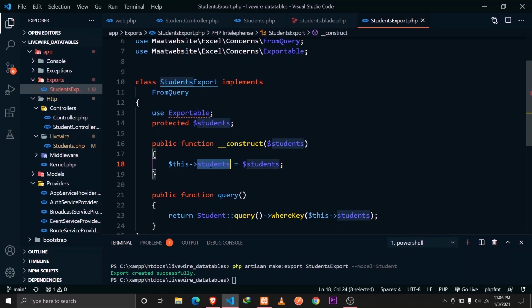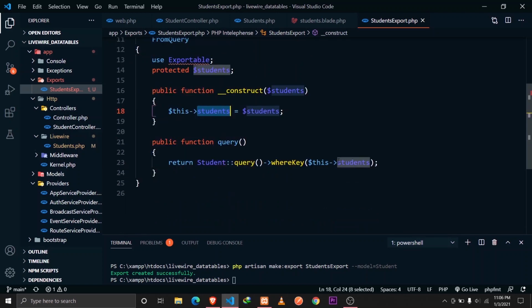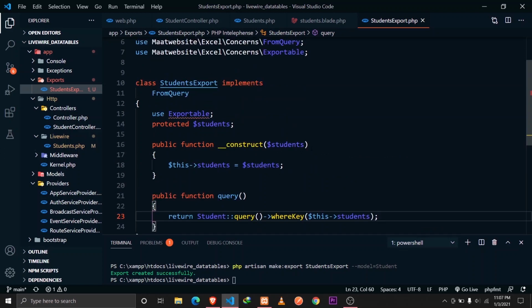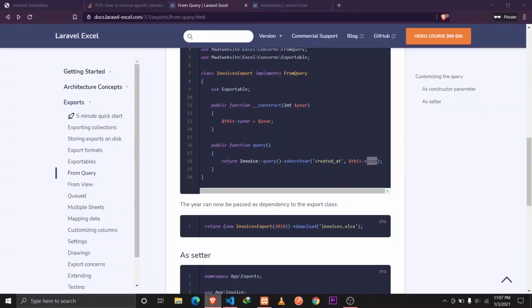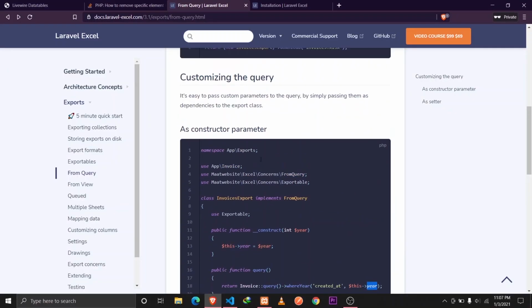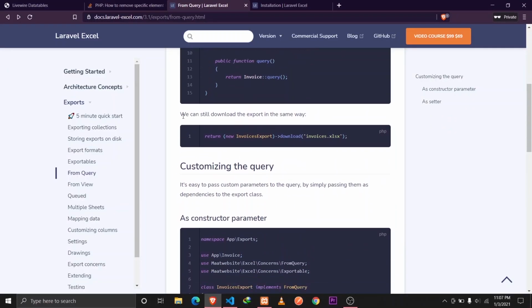Okay, and then this students array, we are passing it in our query builder. Okay, and now one last step that we need to do is we just need to call this function. As you can see here, now we can download the export. In order to download the export, what we need to do is we just need to